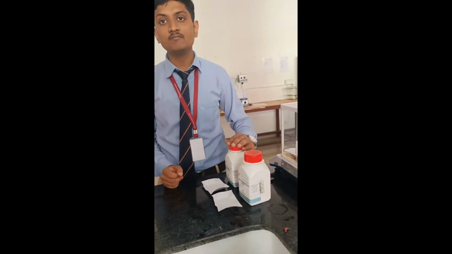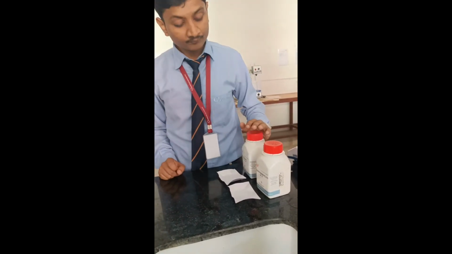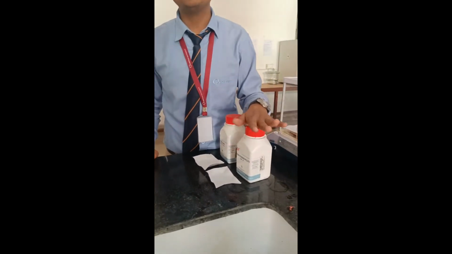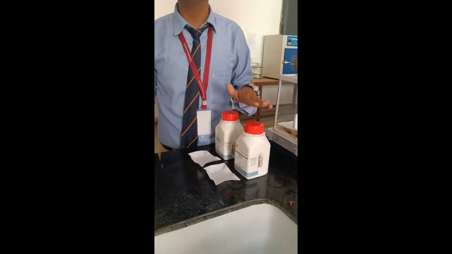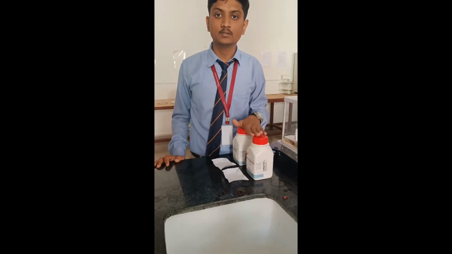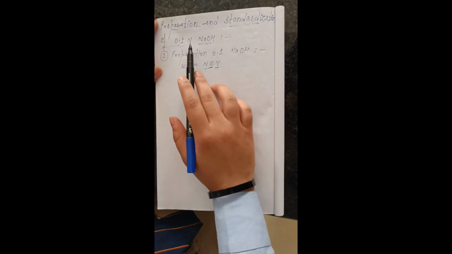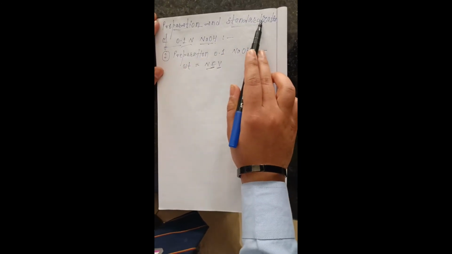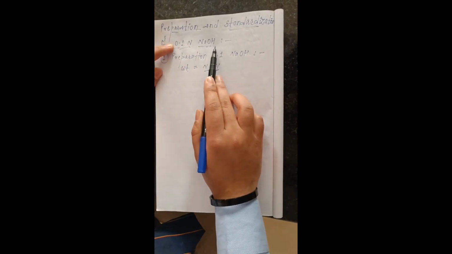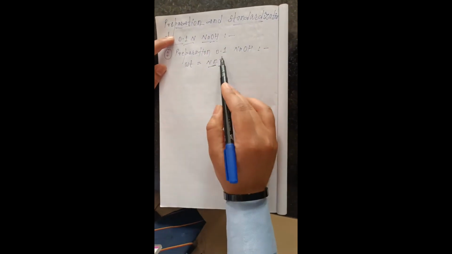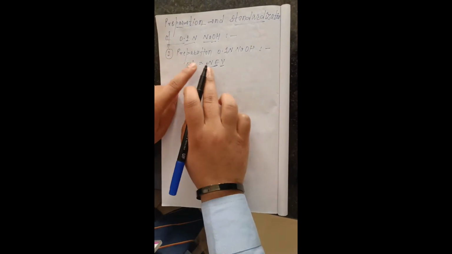For the primary standard, we have considered oxalic acid that we calibrate at 0.1 N, and for the secondary standard we have to calculate this at 0.1 N. So our calculation is set like this. Now we will do the calculation for this titration, that is, the preparation and the standardization of 0.1 normal NaOH. First we will prepare our secondary standard, that is the preparation of 0.1 normal NaOH. So the formula will be weight equal to NEV.